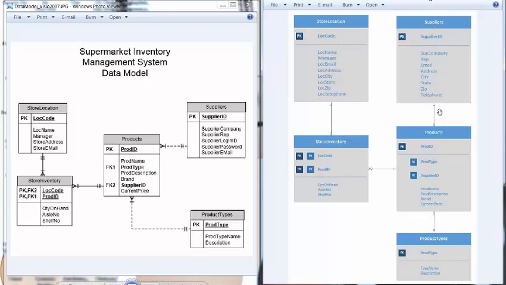A supplier can have one or many products supplying to the supermarket, but a product must relate to one and only one supplier. A product type can be represented in multiple products in the store, but a product has to be related to a single product type. Okay, so now we have all the model characteristics in place. Let's go back to Visio,